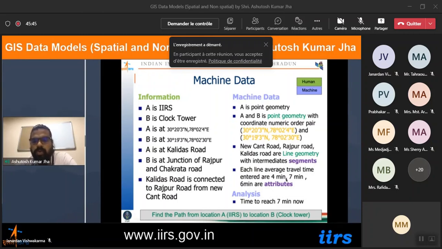And then if somebody wants to know how much time it takes historically, or what the expected time is, those are additional attribute information. To solve how you can reach a place, you don't need any attribute information. The start and end point and the corresponding connected network of different segments would be sufficient. But if you want additional information, like how much time it requires to reach, or whether there are alternative routes with the shortest time, and so on,